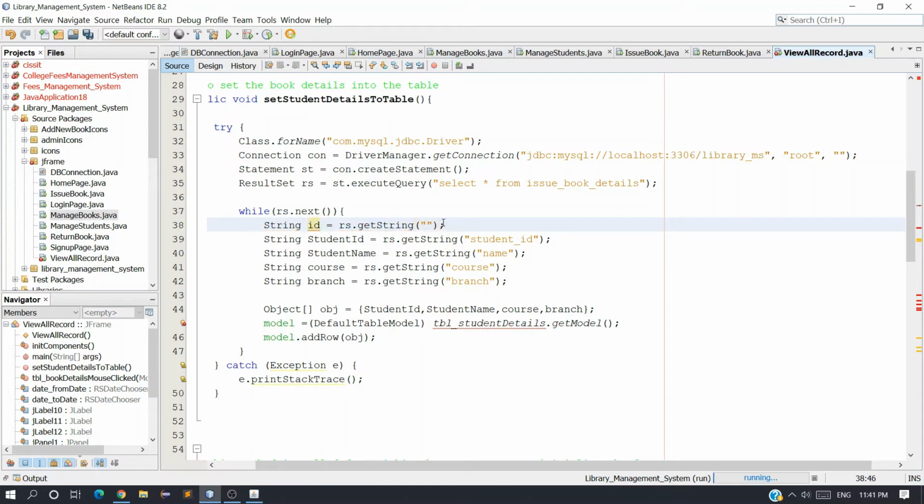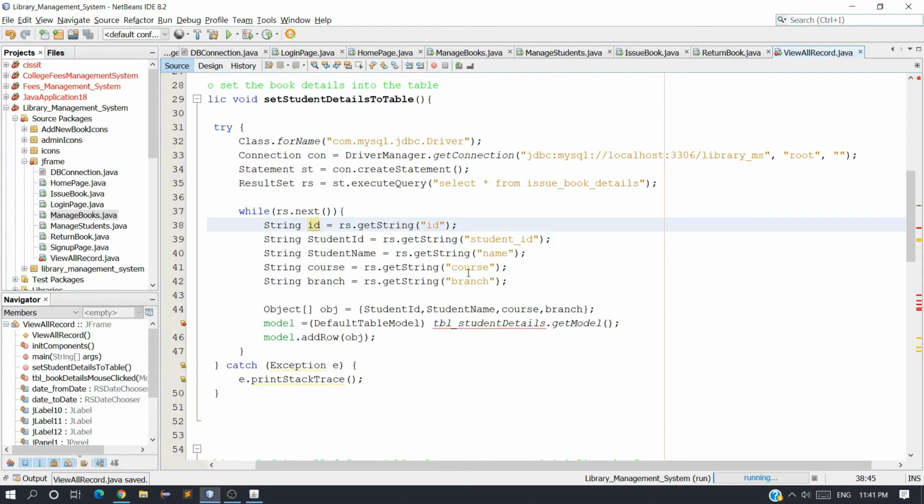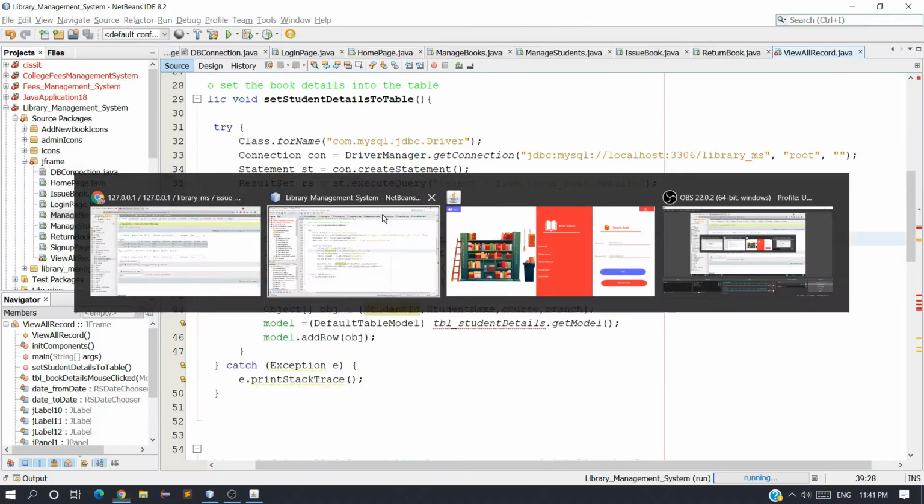That's why it's also okay if it's a string. rs dot get string, and I want the id. Let me check the column name, id. Okay, and the next one is student id, not student id, we want book name.